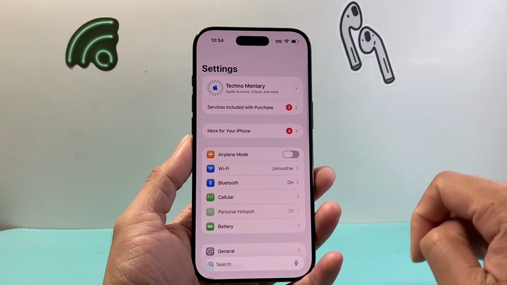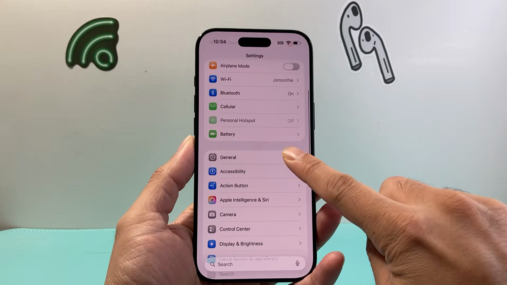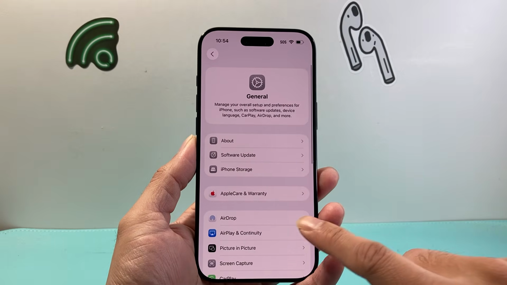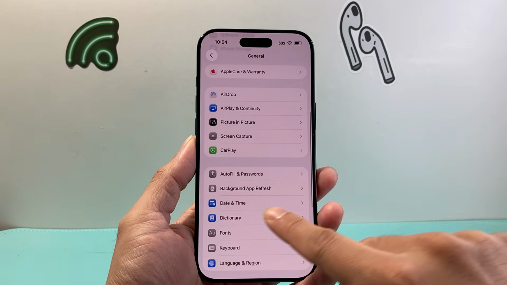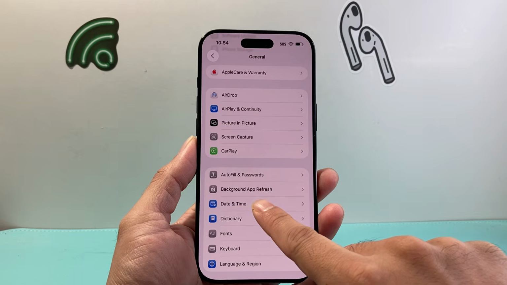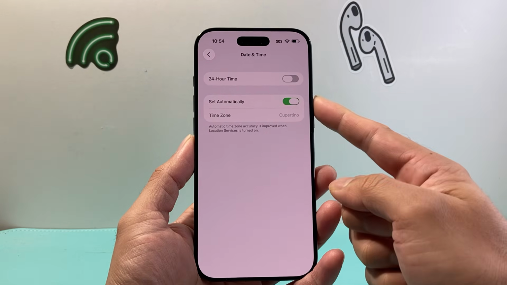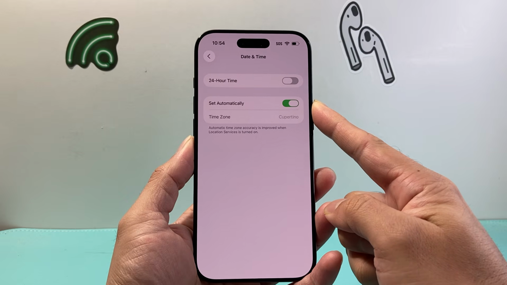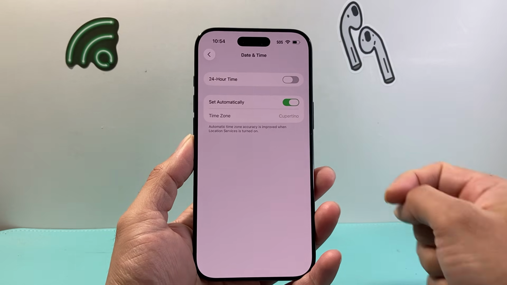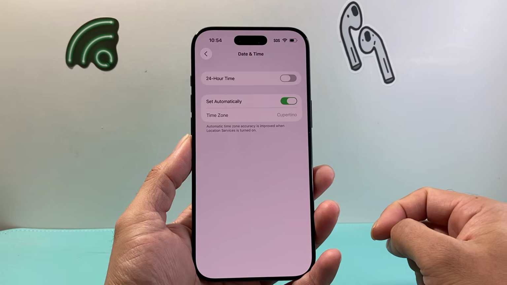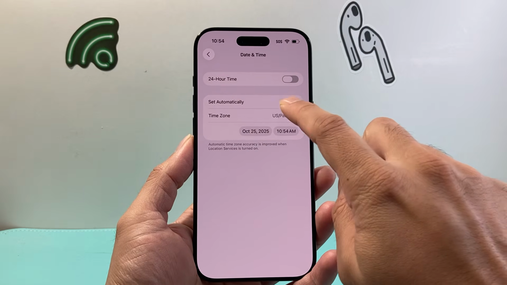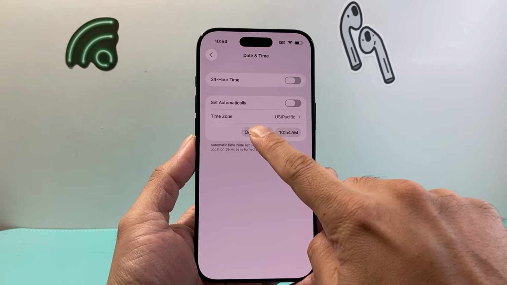Now, once in your main Settings here, we're going to scroll down to General. From General, we're going to go down a little bit further where you have Date & Time. So you're going to tap on that. By default, your phone automatically sets the date and time based on your zone and whatever network you're connected to. However, if you'd like to change that, you can turn off Set Automatically,